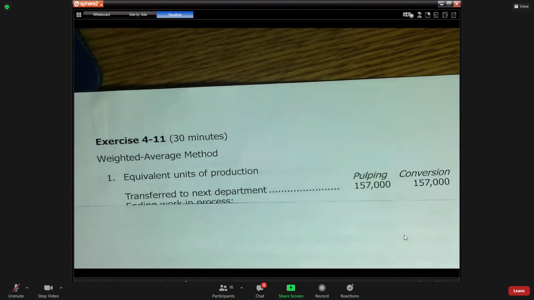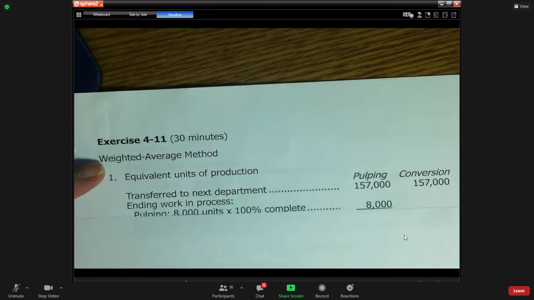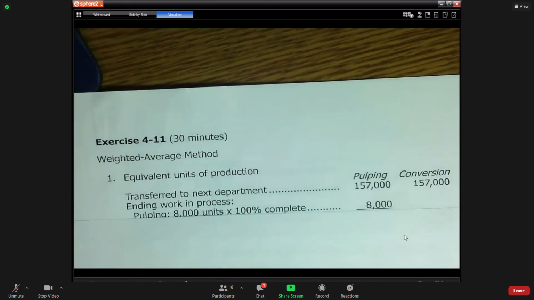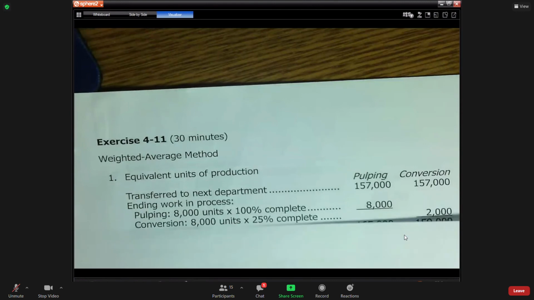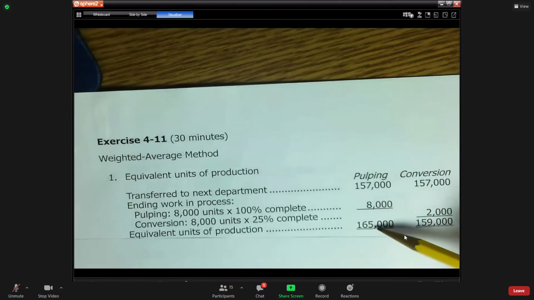All right. So which units are we going to use? The beginning or ending? We got to determine the equivalent units. Well, we know it's 100% of these units transferred, right? But is it the beginning or ending, and we got to use the percentages in the beginning or ending. Which is it? Ending, yes. How many units do we have in the ending? 8,000. And as far as the direct materials, how much does it have in it? The pulping is the direct material. Has 100%. So the equivalent units for the pulping, the direct material costs, is 165,000